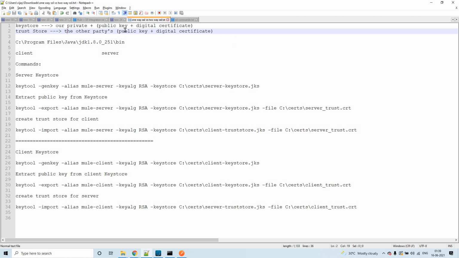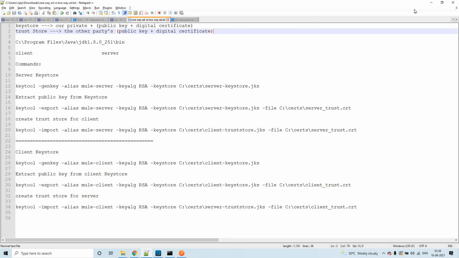Yesterday we were discussing key store as private and public key, but though we discussed digital certificate, it was missed here. So key store is the private key and also the public key plus digital certificate. Trust store is the other party's public portion, that is the public key and digital certificate.